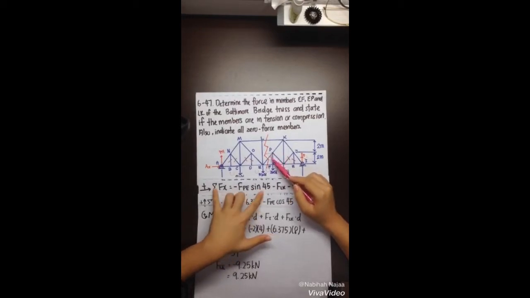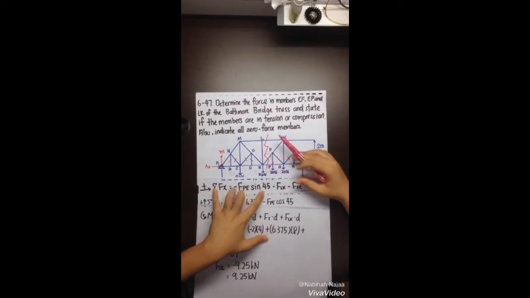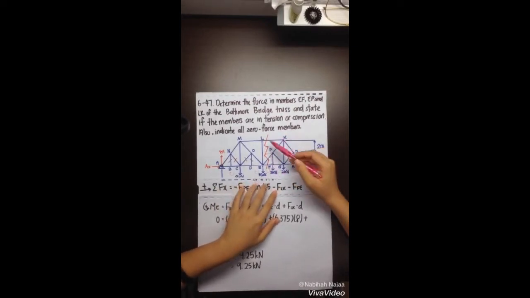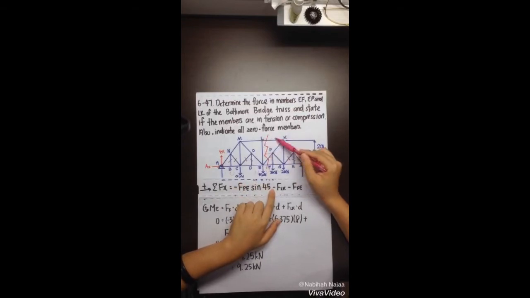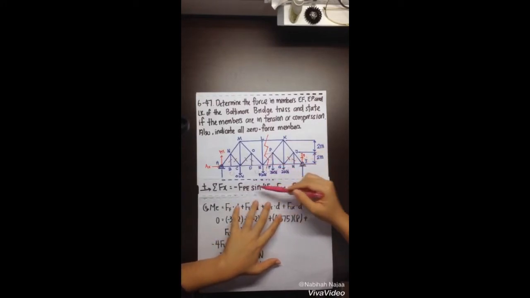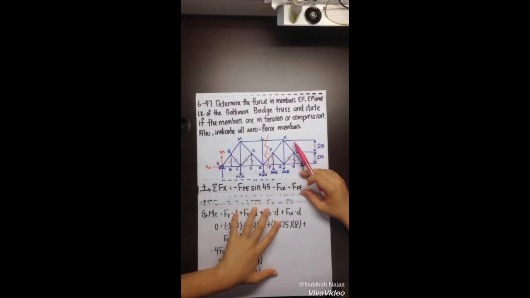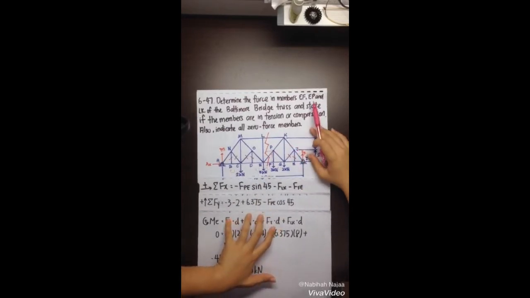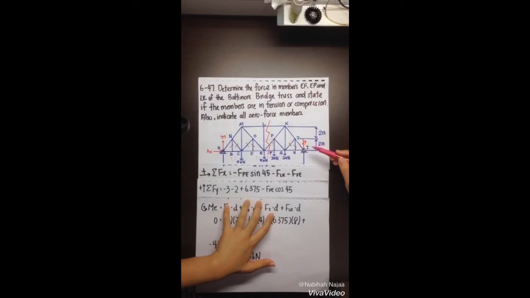Because we place the 45 angle here, the opposite will be sine 45, and continue with minus FLK minus FEF. With three unknowns we cannot solve, so we proceed to summation of Fy equals 0. So summation of Fy equals 0, we have